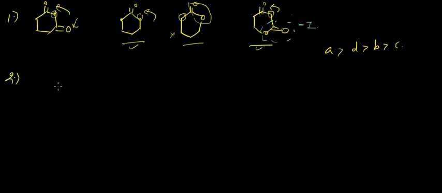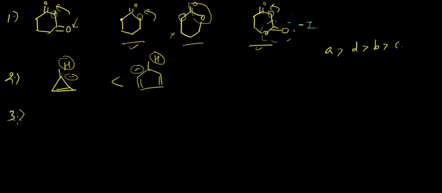Let's look at the second example. We have this hydrogen and this hydrogen. So what would be the strength? When it leaves, there would be a negative charge here. When it leaves, there would be a negative charge here. But this is getting aromatic, and this is getting anti-aromatic. So acidic strength is of this order. Third example is